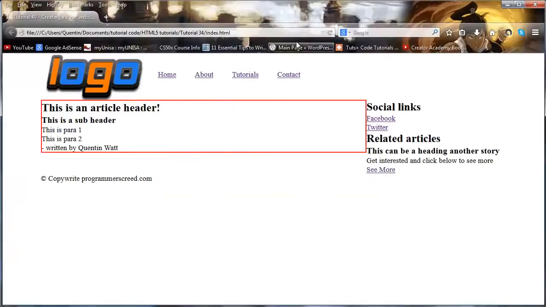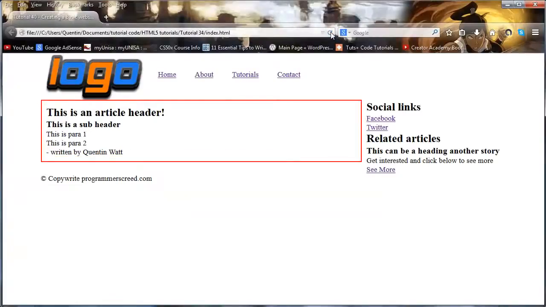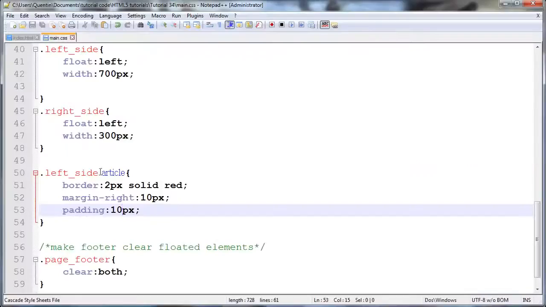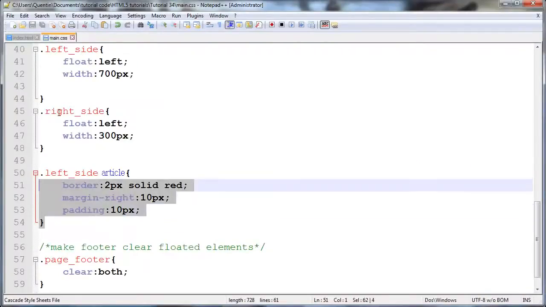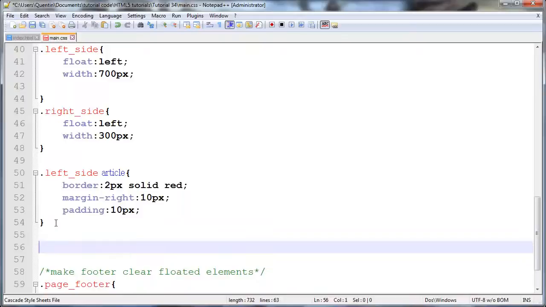So when we save this now and click refresh, you can see we now have that extra bit of space there, so our margin has indeed worked, and we've also got all of the space around the top and on the sides and on the bottom of this section, so our padding is there as well. Okay, and we'll go ahead and do the exact same thing but for the right side. So let's go ahead and say right side